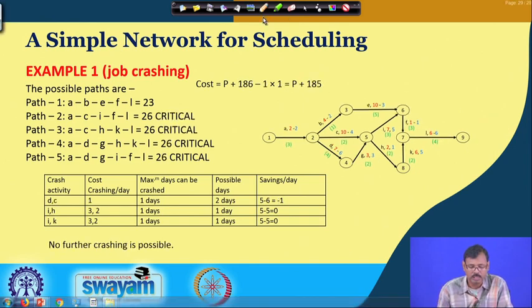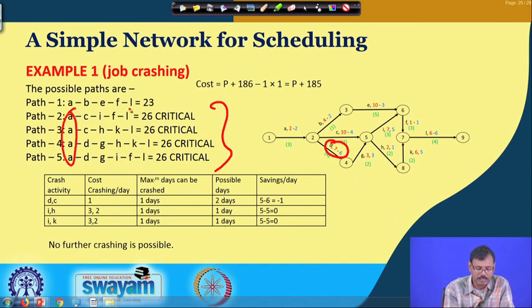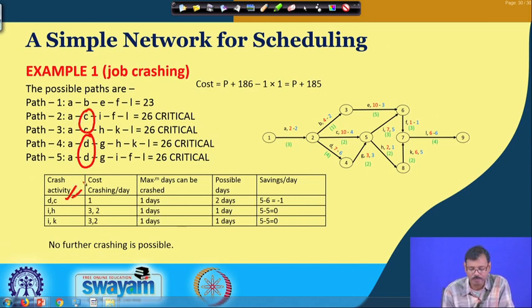So, now you can see in the new path all the jobs are critical. We have crushed D from 8 to 7 days, and as all 4 paths are critical, the jobs A and L are common to all 4, so we cannot crush them anymore. Our options for further crushing are to crush D and C for 1 day, but if you see the cost, there is no profit in crushing this one; it is basically increasing the total cost.